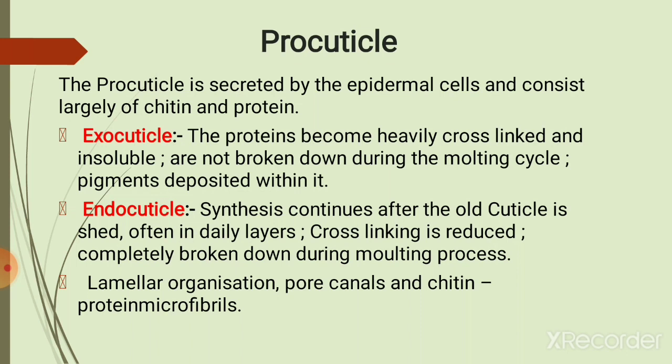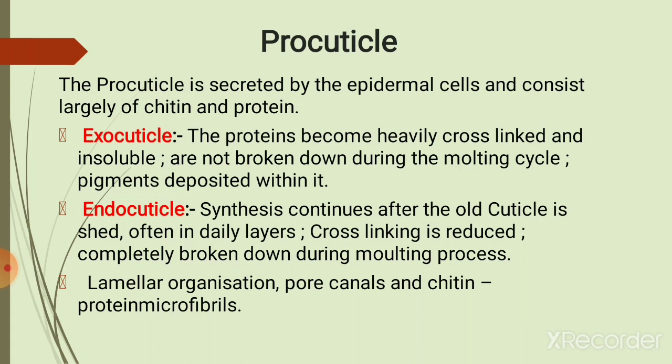Firstly, trehalose is converted into glucose. Then glucose is converted into glucose 6-phosphate. Glucose 6-phosphate is converted into fructose 6-phosphate. Then it is also converted into glucosamine 6-phosphate and converted into N-acetyl glucosamine 6-phosphate, then N-acetyl glucosamine 1-phosphate,